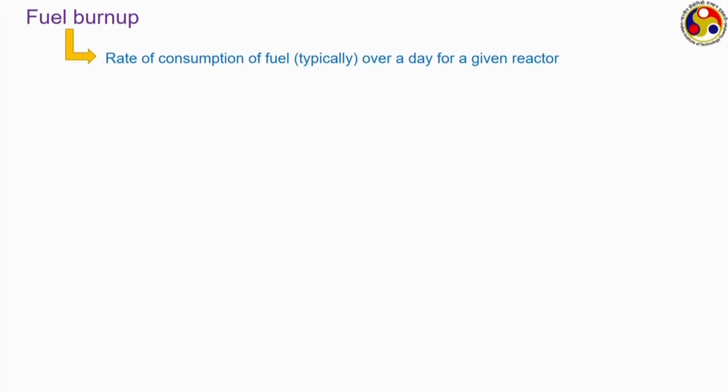Fuel burn up refers to the rate of consumption of fuel, typically over a single day, in a given reactor. That is the amount of fuel a reactor consumes in one single day, and this is a term not exclusively used for nuclear reactors, but can be used for any kind of power generating entities. So, let us take one example. We are considering a reactor which is giving 500 megawatt of output, and it has initially been loaded with 250